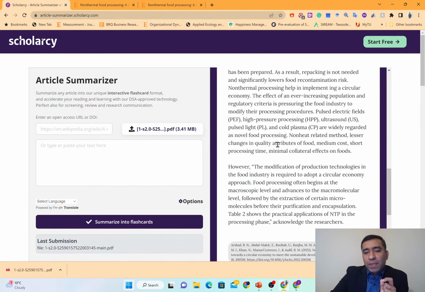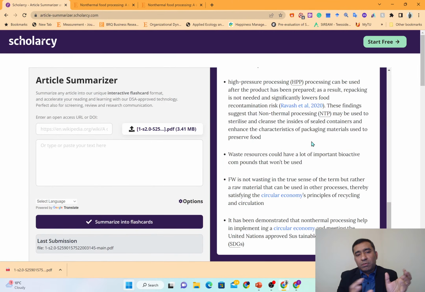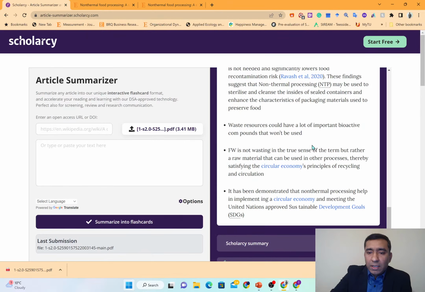So it has created all these highlights of this research article with the references, and you can just copy those ideas and rework them in your research article, and you can just try to tell us or explain the research article in detail in your classification. And then if you want to see the summary again,